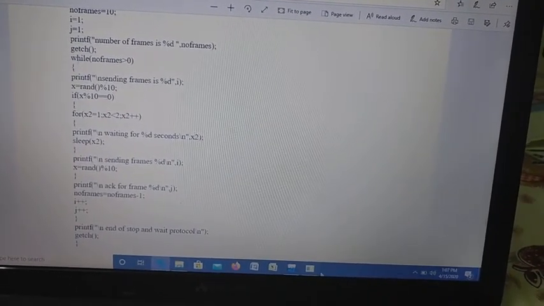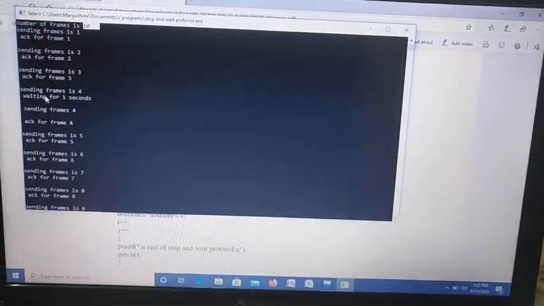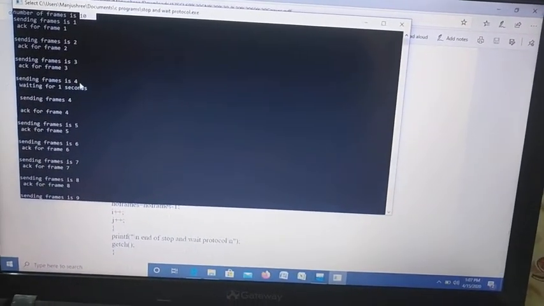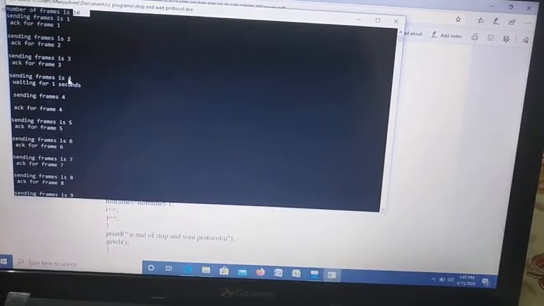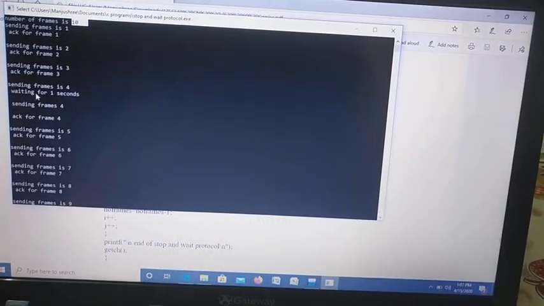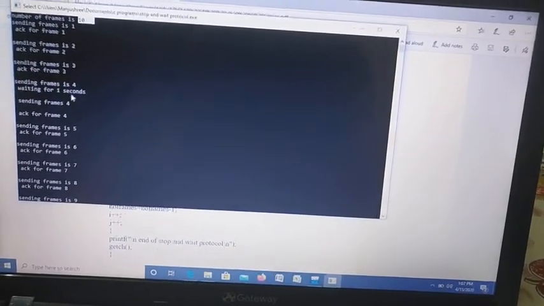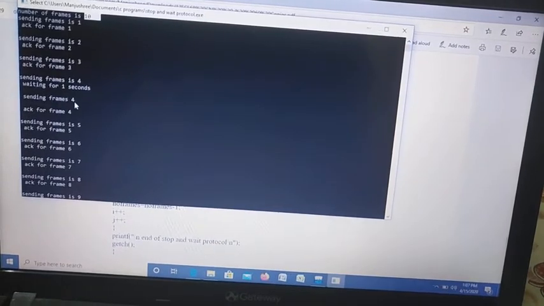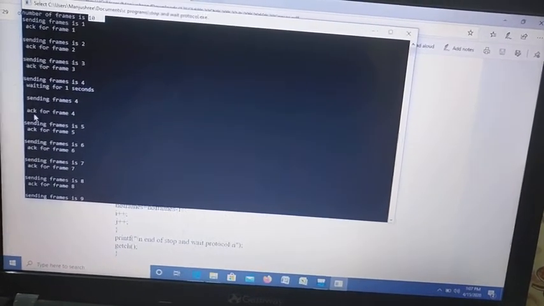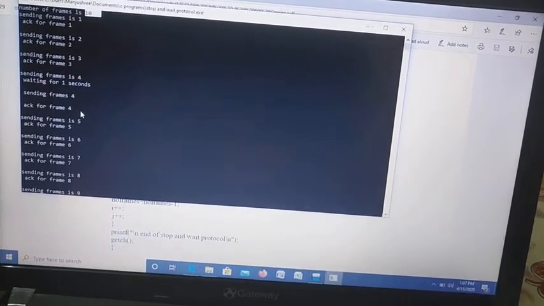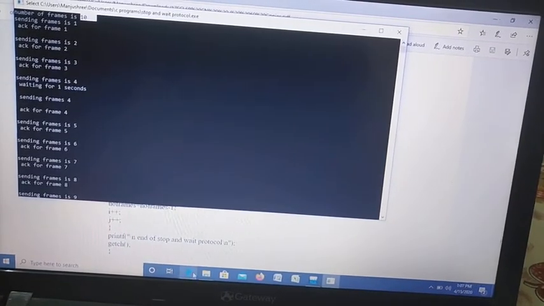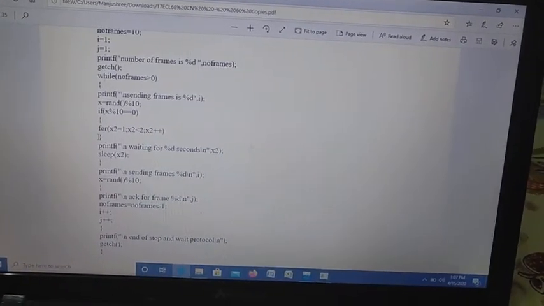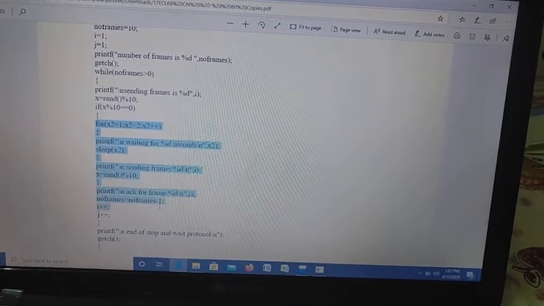That has happened here. For the fourth frame, sending frame is 4. The sender is going to wait for 1 second. After that, it is going to send the frame 4 again. After that, it is going to receive the acknowledgement. So these steps are followed there.